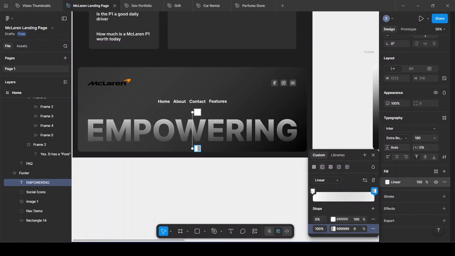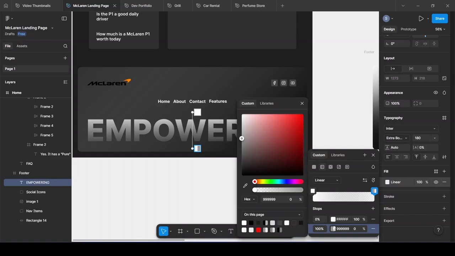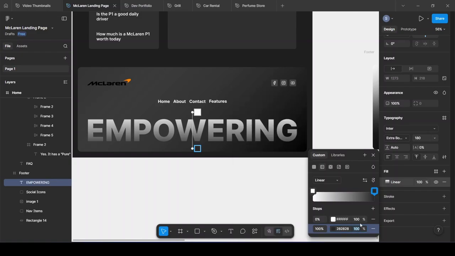Then you can just mess around with this. I like this one, so I just made it like this. So that's how you make this. And you can just use the eyedropper tool to select the background as well if you're not sure what the color actually is for the lower part. The upper part needs to be a higher color, okay? And then you can just mess around with the opacity as well. As you can see, if you change the opacity, you can make it lighter or darker to blend it in